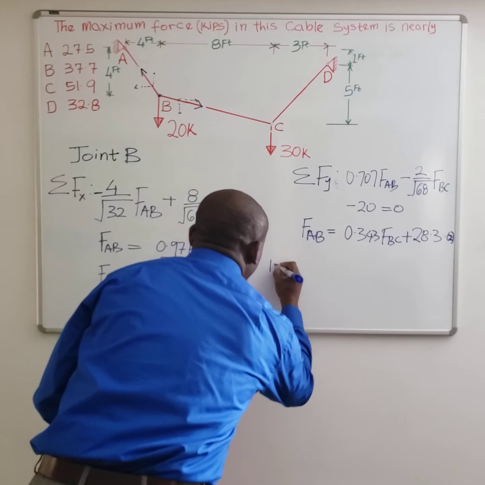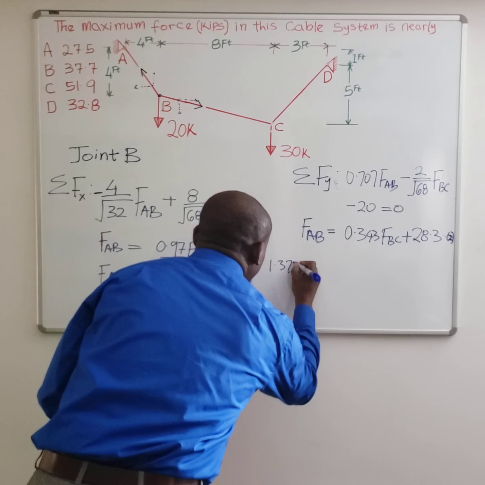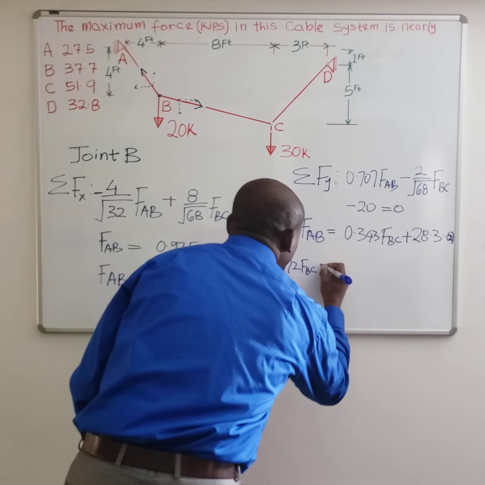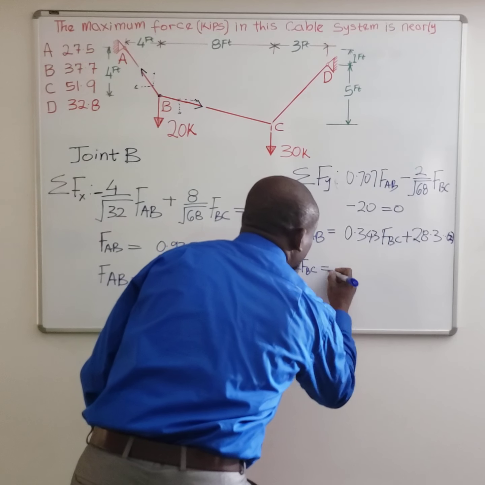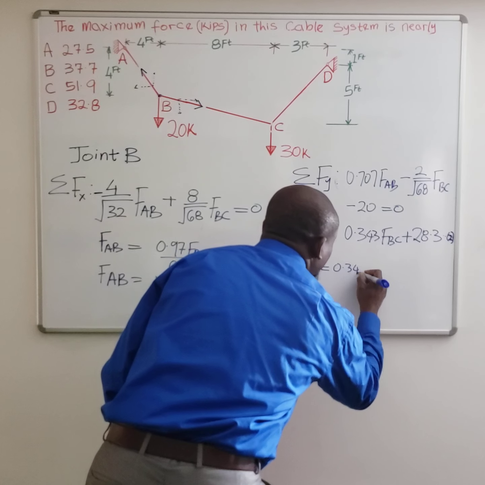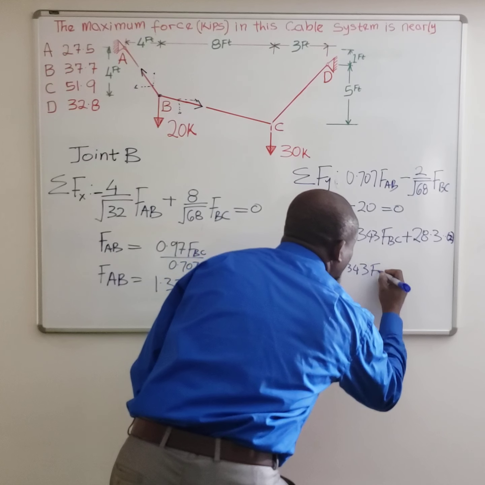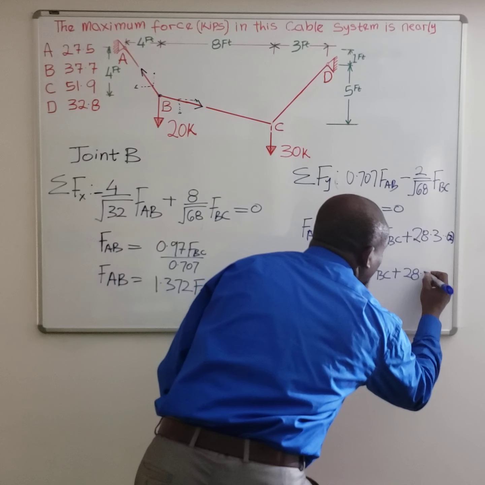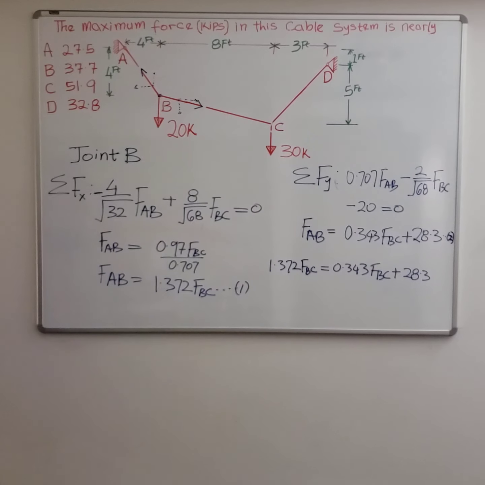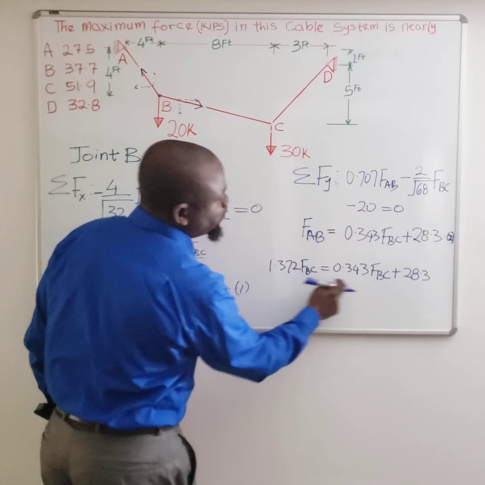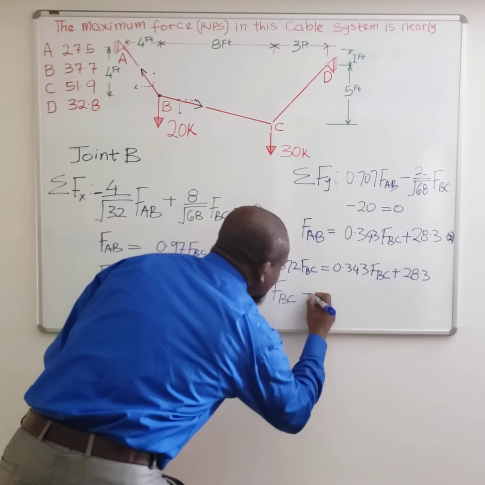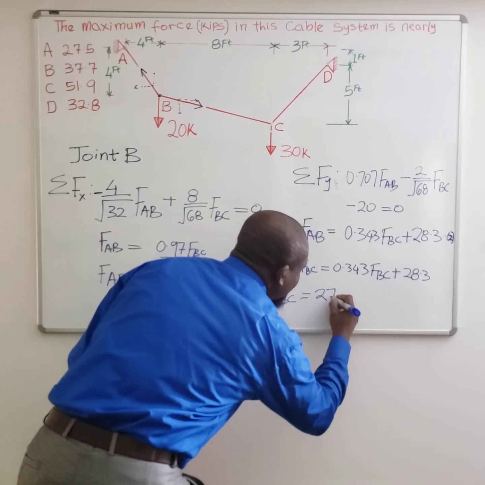That will be 1.372 FBC equals 0.343 FBC plus 28.3. So the rest here is arithmetic. When you do this, you notice that it's FBC on both sides. So if you solve for FBC, your FBC is going to be 27.5